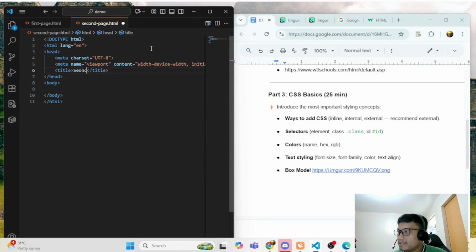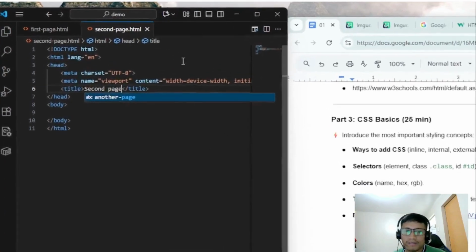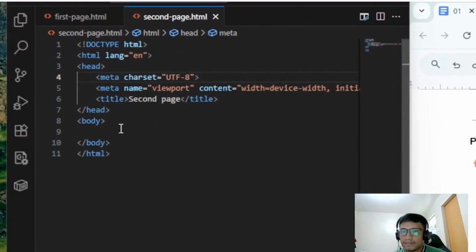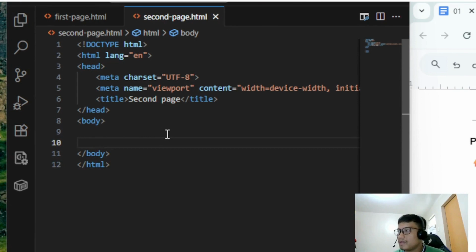So second page. Okay, so I've created a new file named second page. So what we're going to do now is we will apply CSS on our HTML code.